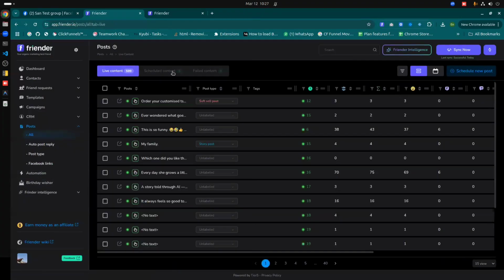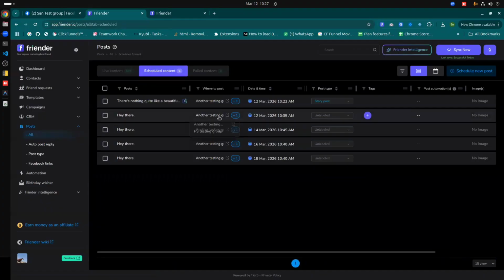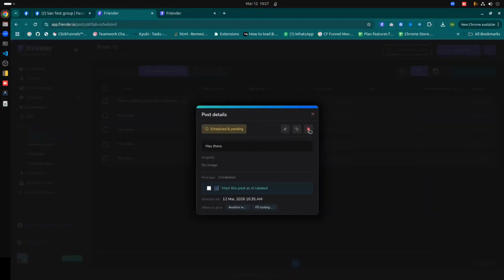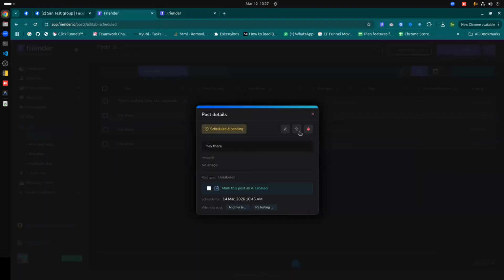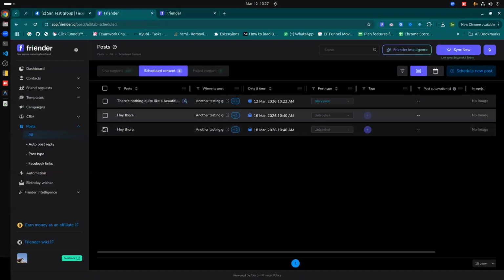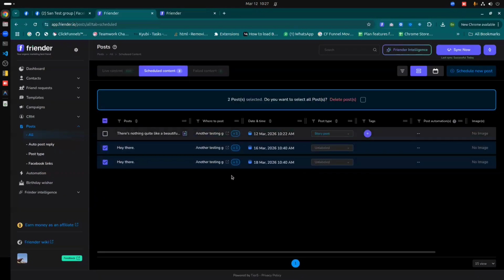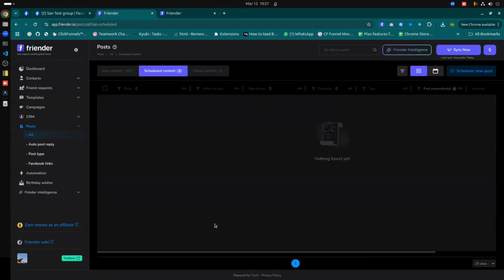So let's say I want to delete anything, so I can go over here and click over here. Even from the listing page view, I will be able to delete that post, because it is scheduled and not posted yet. And then these other two also, I can click over here and do a bulk delete option. So in that case, now it is not showing any other post over here,